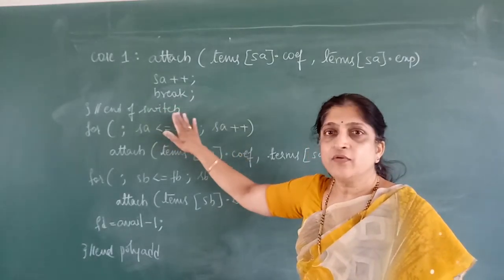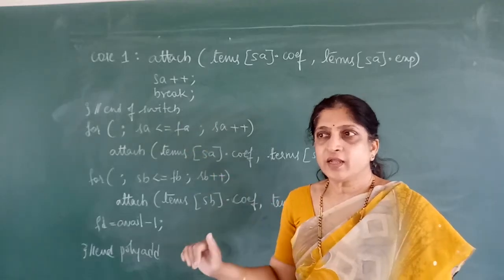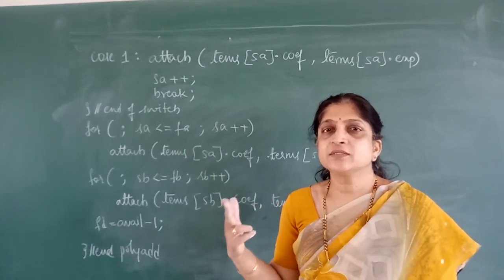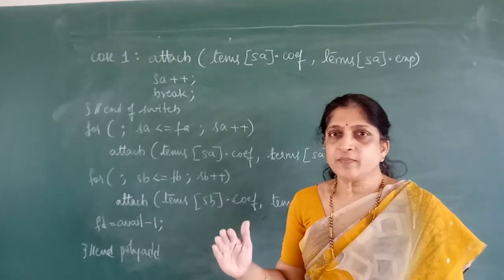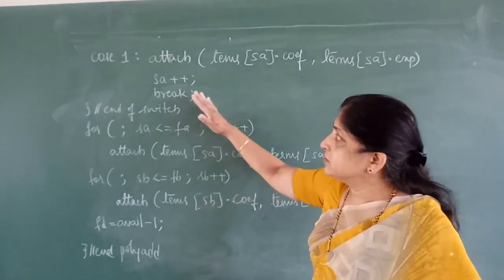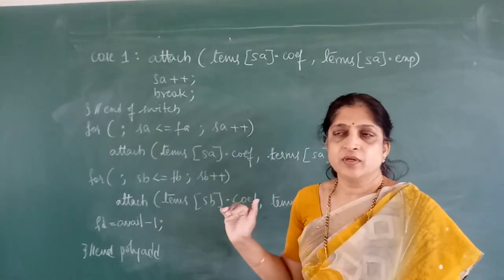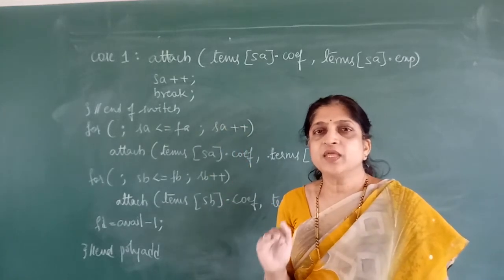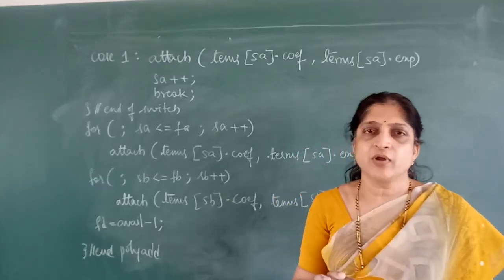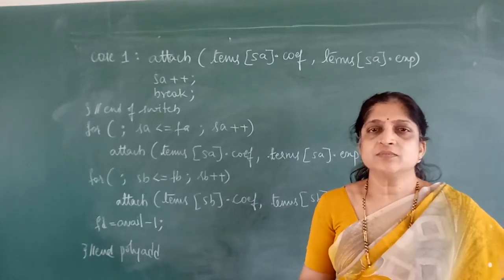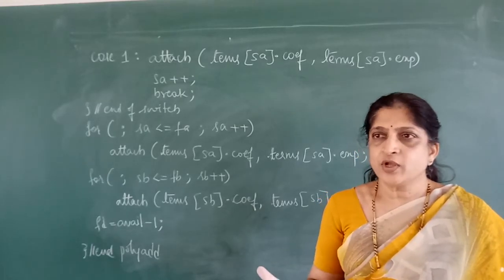Now this is the end of the switch. So we have taken care of case -1, case 0 and case 1. What can happen is, once we reach the end of one of the polynomials, the control comes out of the loop. But when the control comes out of the loop, there may be some terms remaining in polynomial a or maybe in polynomial b. Those terms should be added to the sum polynomial.